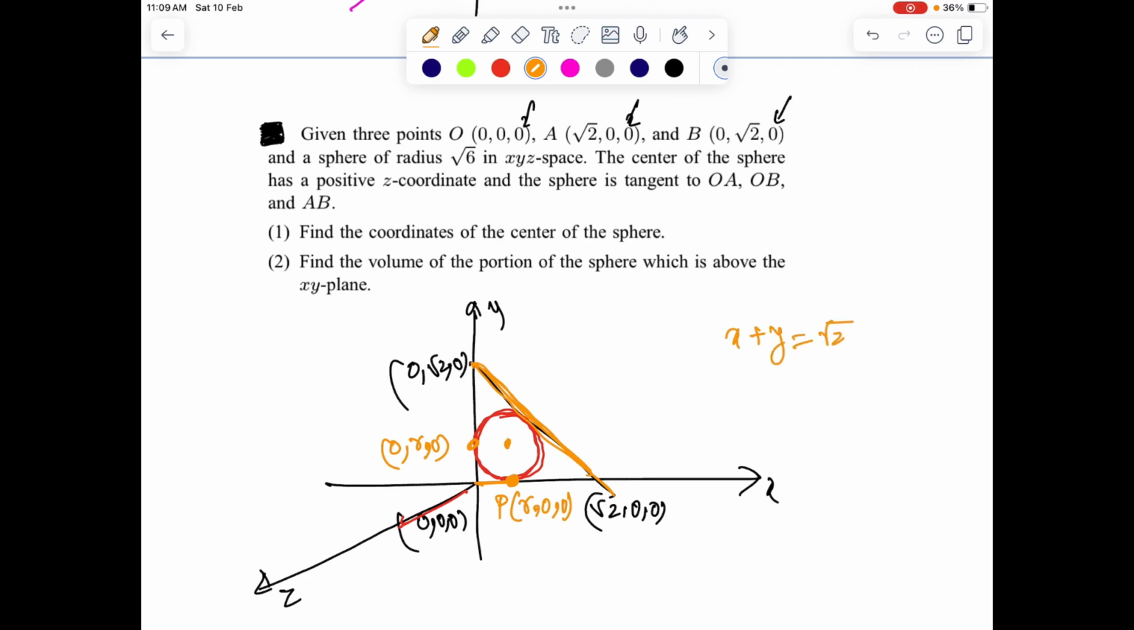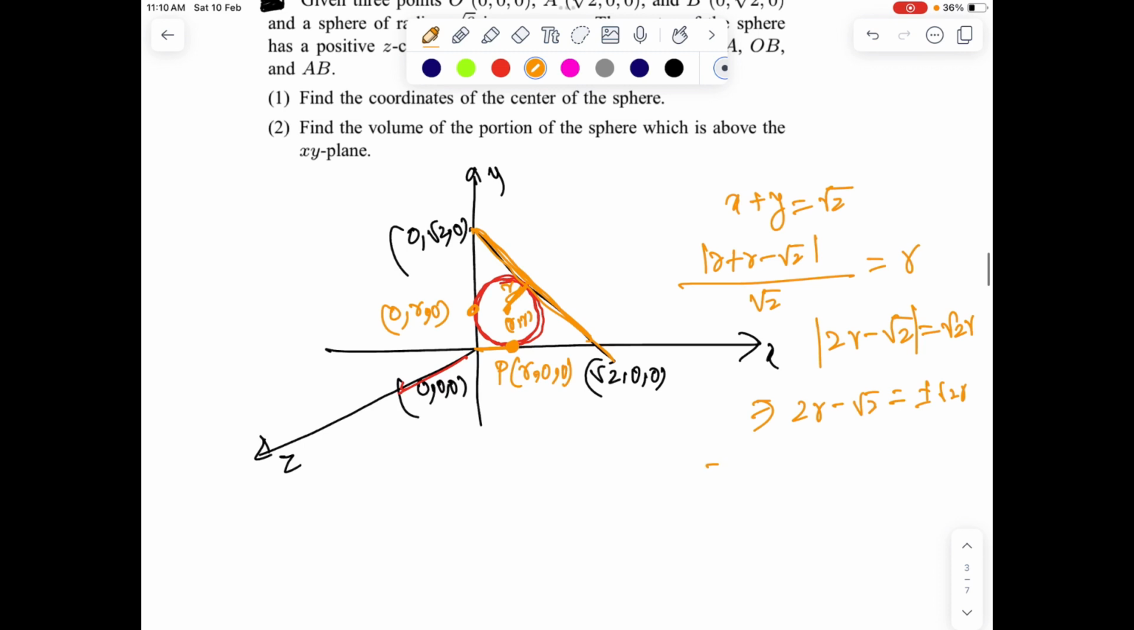Now finding the radius is not that difficult, because we know the equation of this line, which is given by x plus y equals root 2. Since z is 0, the question boils down to just 2D, at least to start. And now the distance from the center, which is r comma r, must equal r. So we'll use |r plus r minus root 2| over root 2 is r, which will give |2r minus root 2| equals root 2 r. So 2r minus root 2 is plus minus root 2 r,